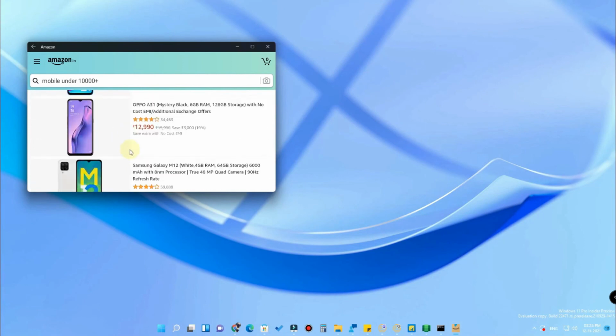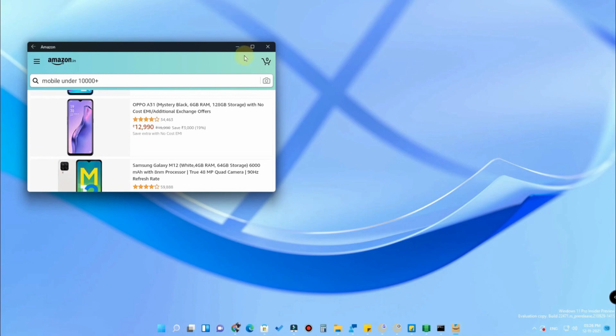There might be some issues with some of the Android apps, because not all Android apps will be supported, since some apps are supported only using Google Play services, like Google Gmail. So you can't install all the Android apps, but if you want to play Android games, you can install any type of Android games in the Windows 11 operating system also. So you no need to take your smartphone to play the game. Right from the Windows computer itself you can easily play the Android games.